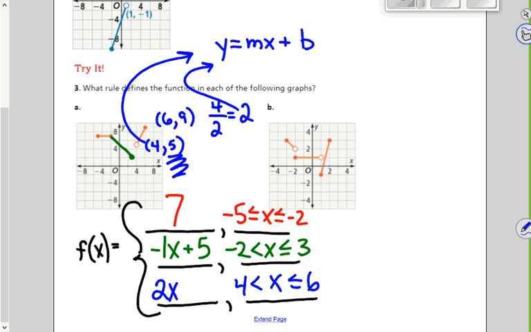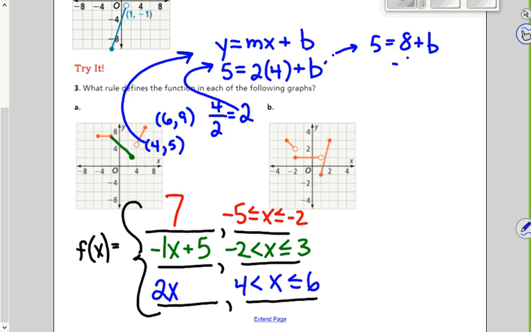Put the y value, 5, in for y. Put the m that we're pretty sure of in, that's 2. And put the x that goes with the 5 in for x. If 5 equals 2 times 4 plus b, I think b does have to be negative 3. I think that's a good y-intercept. When we prove it, 5 would equal 8 plus b, and when we subtract 8 from both sides, b must be negative 3. That confirms it. The y-intercept is negative